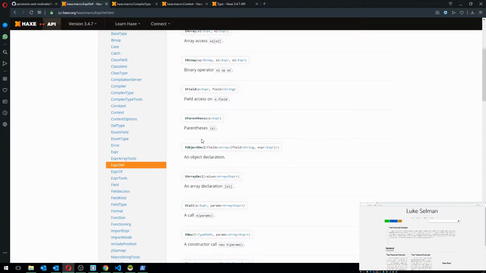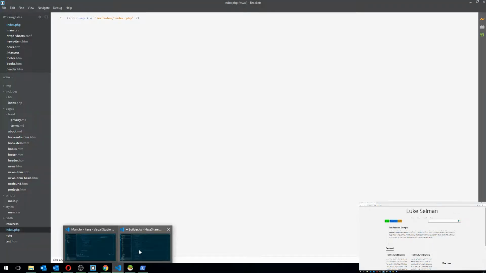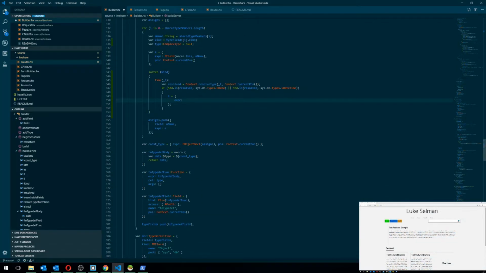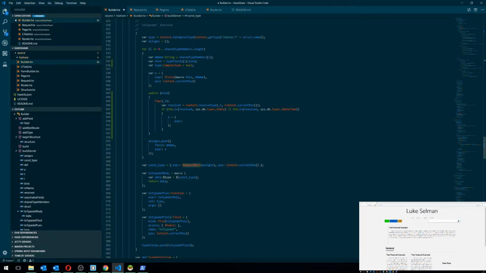There's probably a better way to do this. Unfortunately, I've tried this kind of thing before where I've tried to use reification on this kind of thing, and whenever I've tried doing it on an anonymous structure, it just keeps failing on me. And this seems to be the only way to work around it, by going through this process of